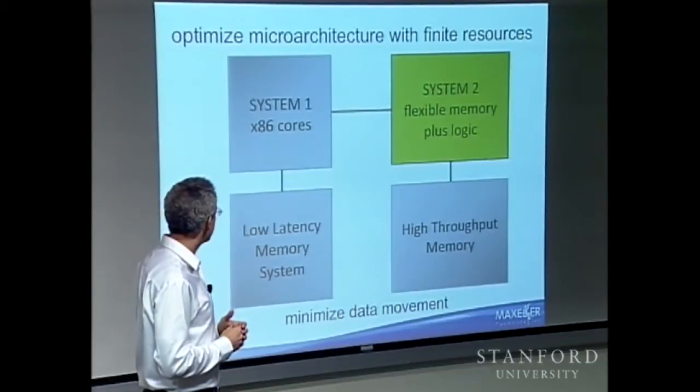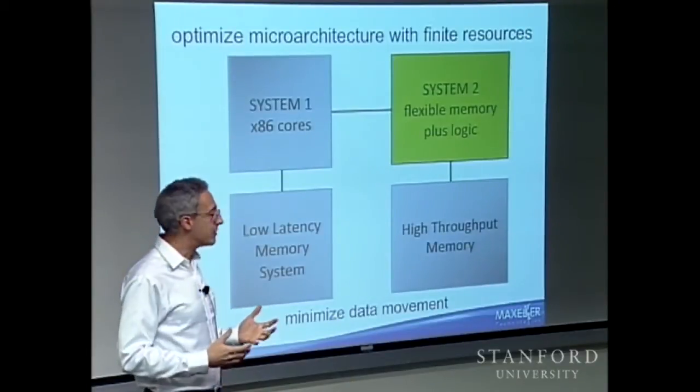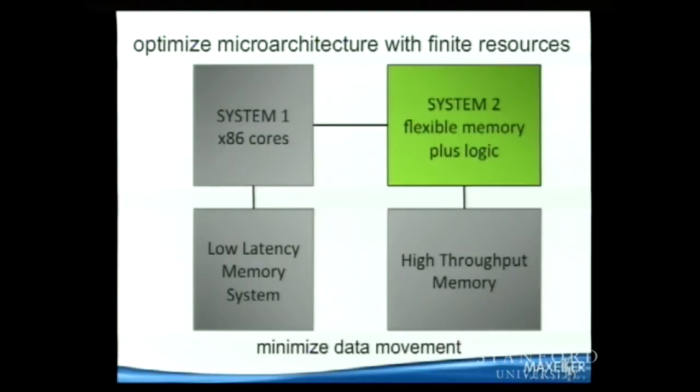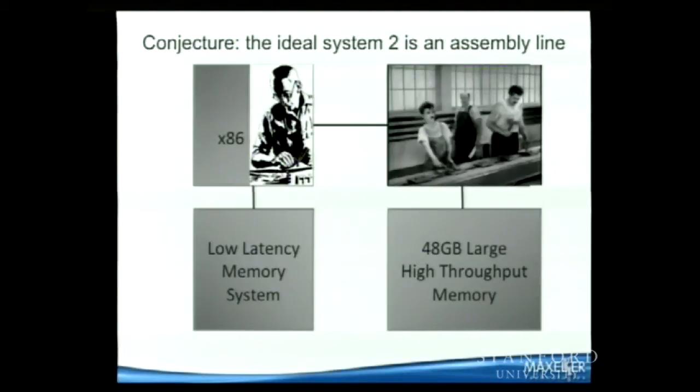Back to system 1 and system 2, the way we are dealing with this is by putting high throughput memory and low latency memory, microprocessors, and Dataflow on the other side. And that way,